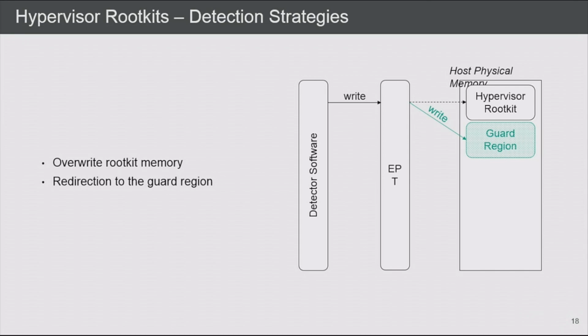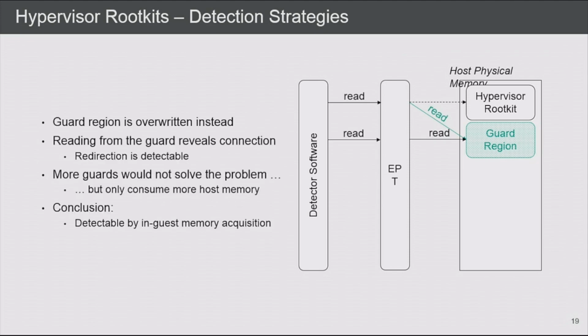And therefore, we could detect a hypervisor rootkit by simply trying to overwrite the rootkit's memory, which will be redirected to the guard region, and try to read back the contents directly from the guard, which will lead to some connection between those two areas. So the detector could